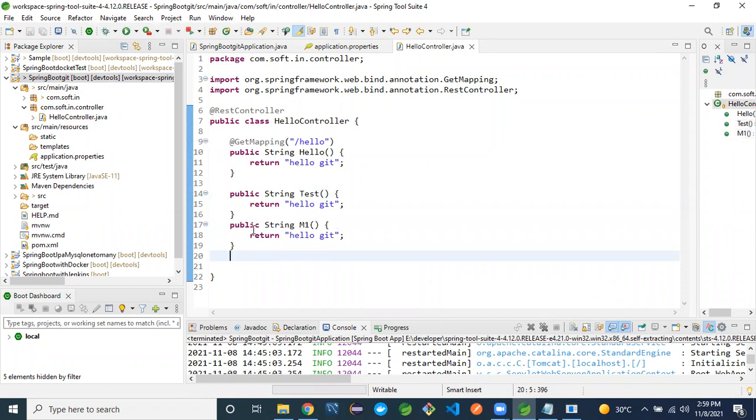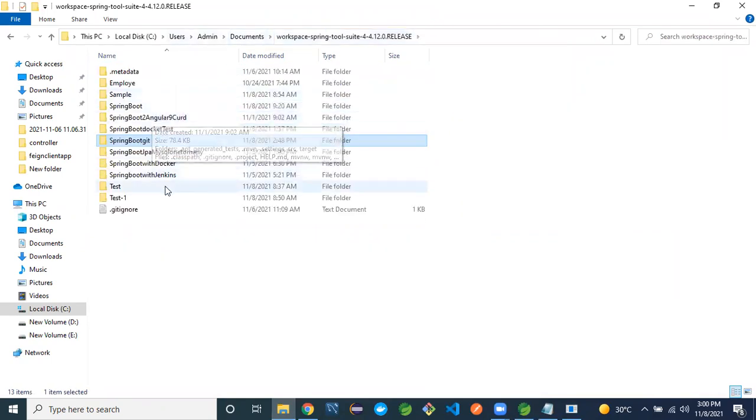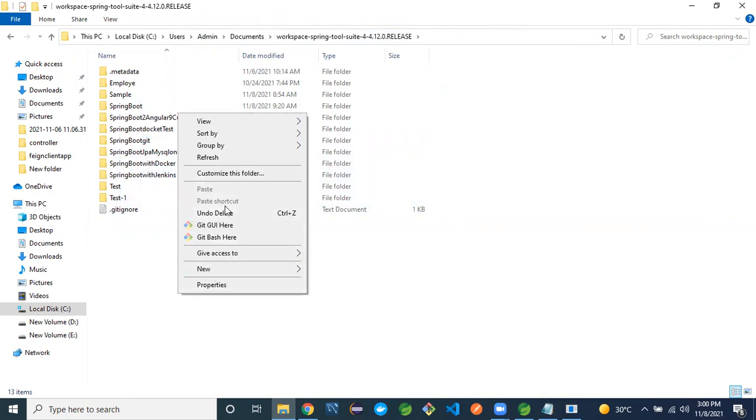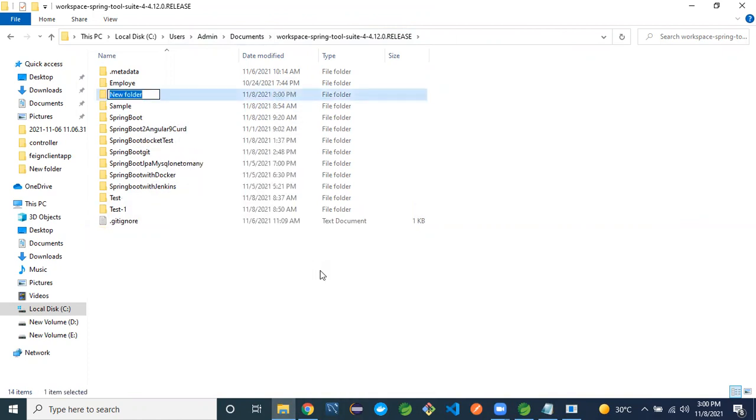See, how to check out code. I will create one folder here, anywhere, for some Git project.